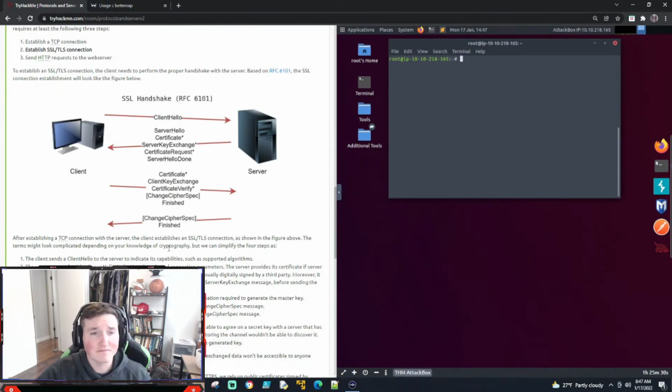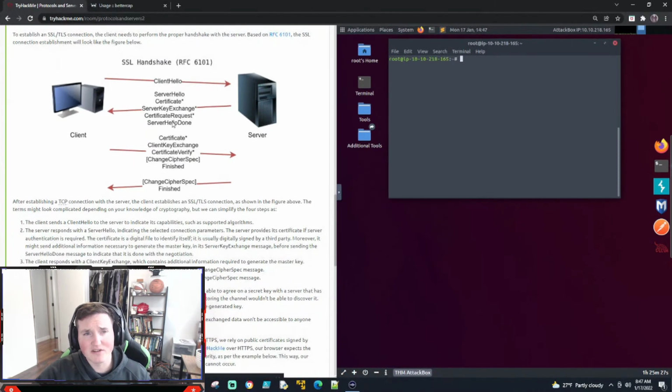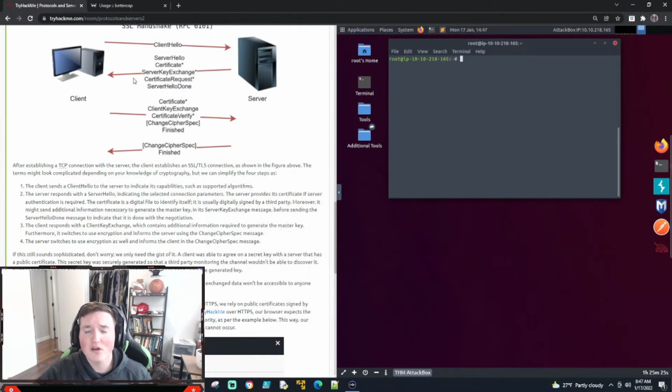So that's important. You see here, it's showing that they're sending certificates back and forth. Those are digital certificates to say, I am this person, look. Well, that certificate is then checked with a certificate authority to say, is this person legit? And it's a third party who could care less what you do for a living, who your company is. They don't care about that. They're just saying, yes, that is a legitimate company. They are who they say they are. So you can then verify and say, that's who they say they are. I don't have to worry about it being a fake person. That's all it is. All right.